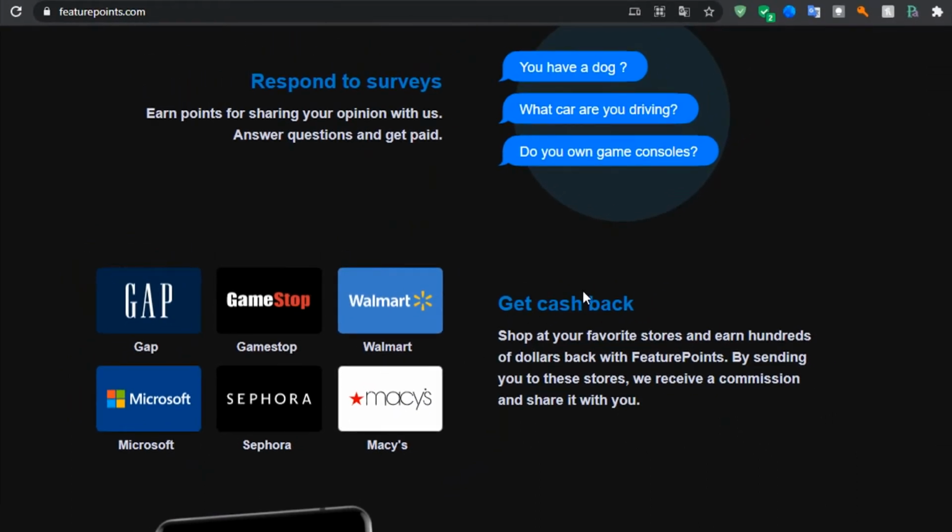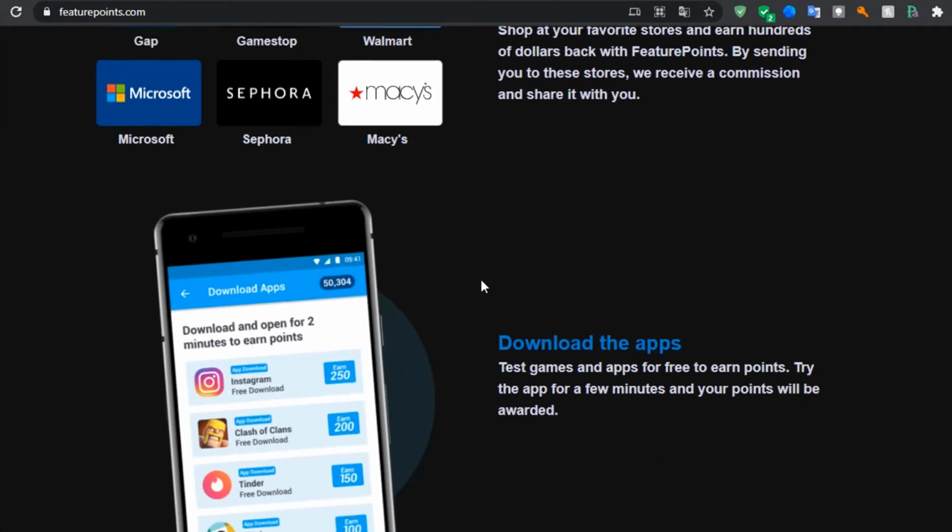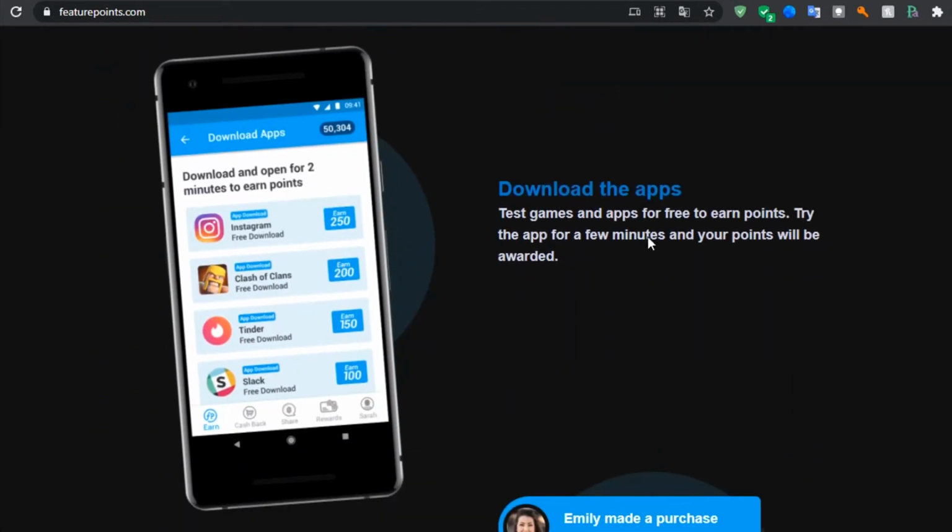This works because stores pay feature points for directing customers to their stores, and they share that commission with you. You can earn hundreds of dollars from the program. Looking at the tasks, you can see that they're very simple. The app will ask you to just automatically download certain free apps onto your mobile device, and you earn rewards